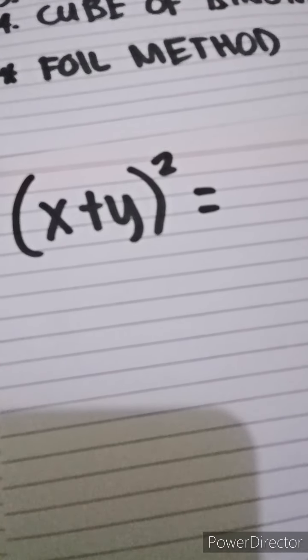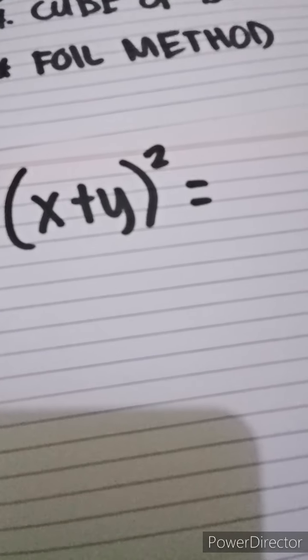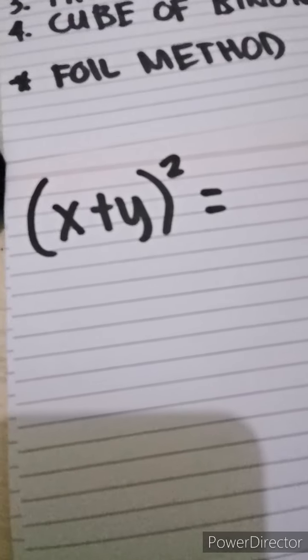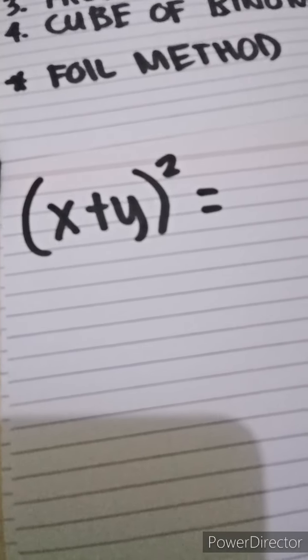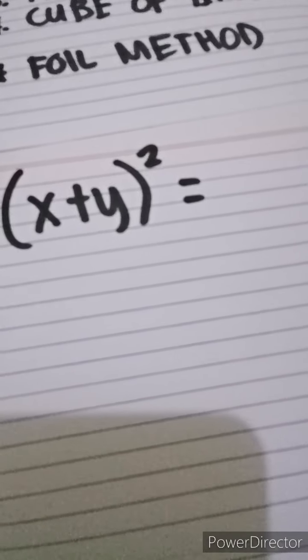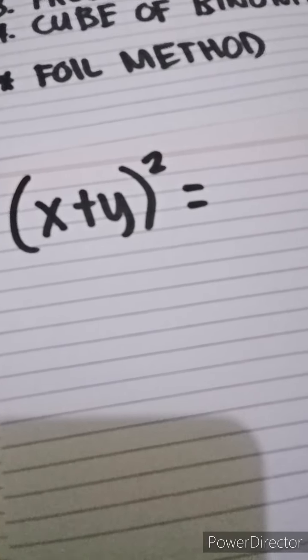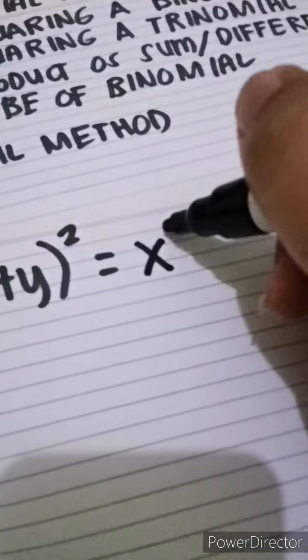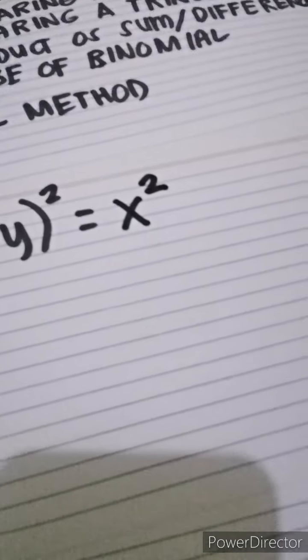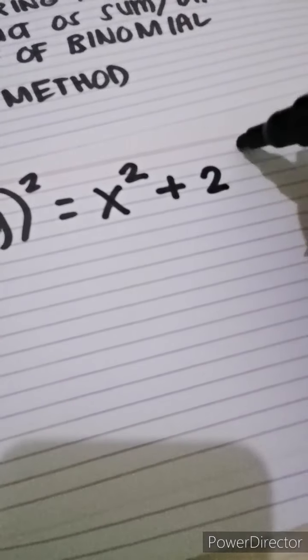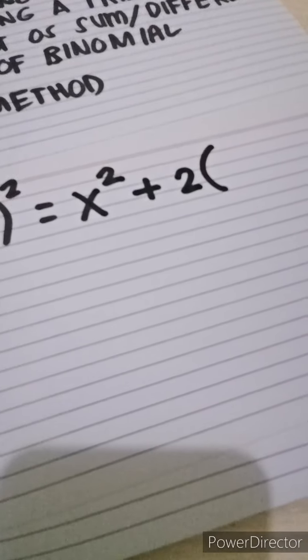How do we square a binomial? We have (x plus y) quantity squared. It is called squaring a binomial because it is enclosed in parentheses and raised to the power of 2. The first thing to do is square the first term. What is the first term? Our first term is x, so we have x squared. And then the second, 2